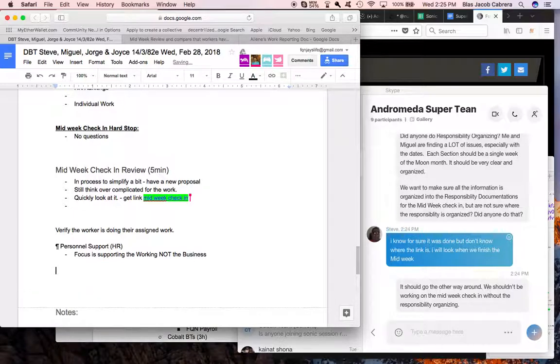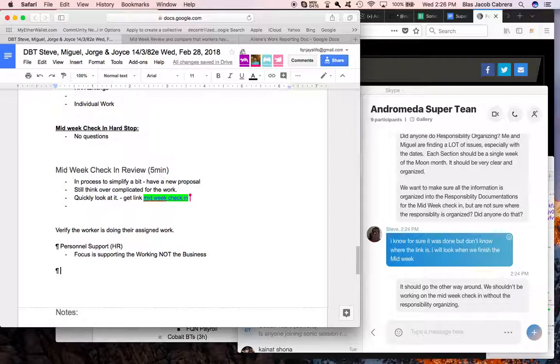So the answer would be that personnel support would not be the correct place because the midweek check-in is not exactly in the benefit of the worker, right? Because you're basically being evaluated, you're being told whether or not you're on soft stop or hard stop. It's not exciting, right? So what is the other place that would be applicable? What's the other project? So personnel support is not applicable? No, because with personnel support, it's where you're supporting the worker in making sure that they have everything they need to be successful